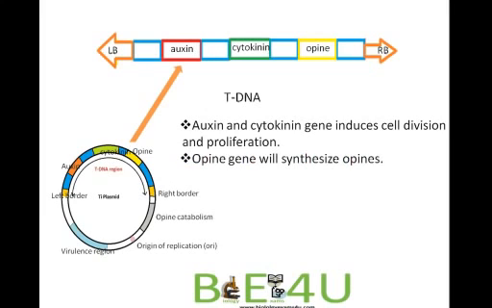Then the opine gene will synthesize opines, which are not at all needed for the plant. It is just a nutrient that is required for the bacterium. Then there are left border and right border repeats that are required for successful transfer. So the region between the left border and right border repeats, that is the transfer DNA region, is integrated into the